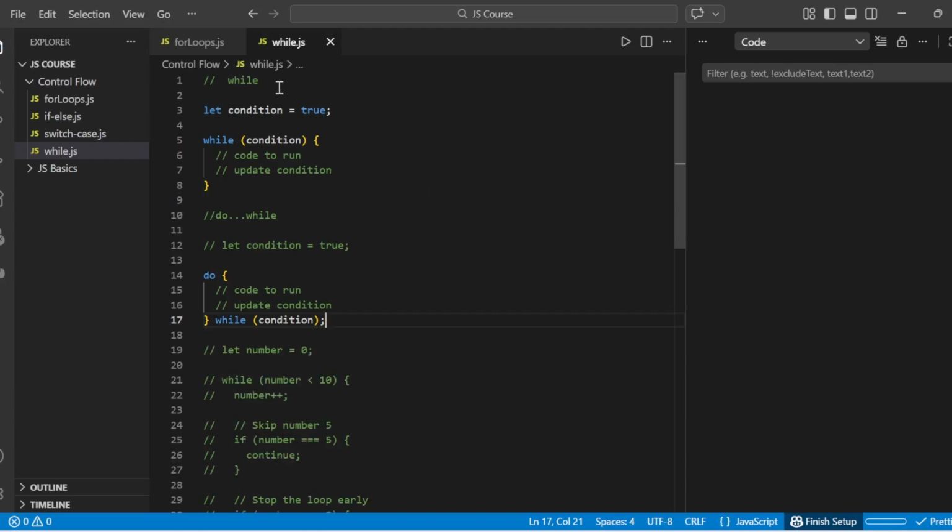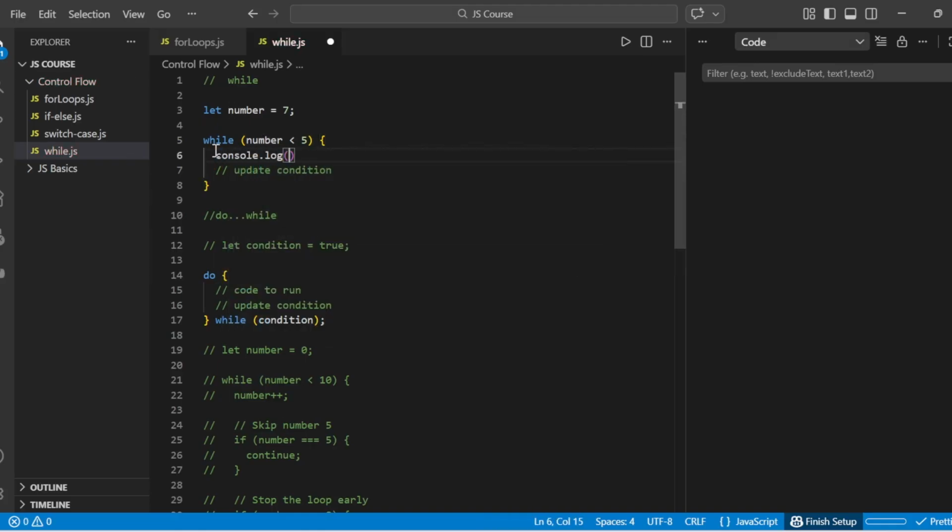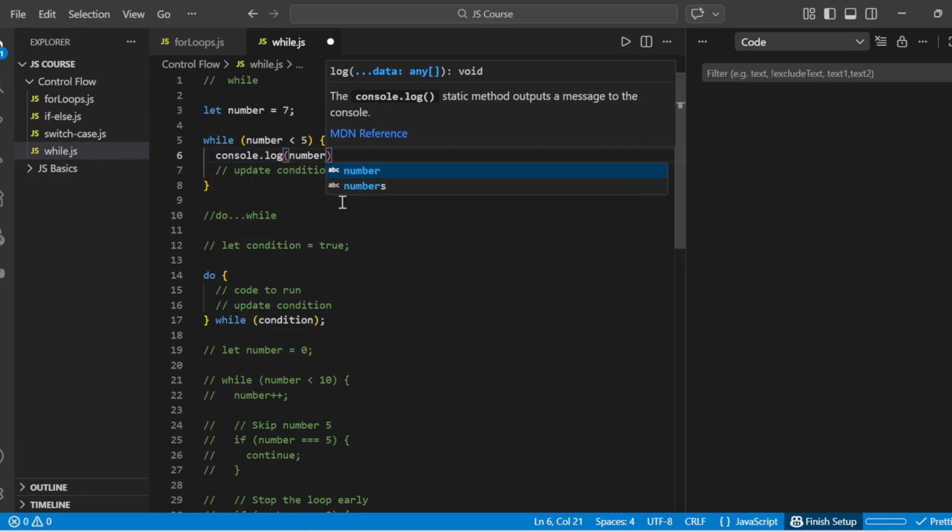So let's take an example here. Yeah, we'll change this. Let's have a variable called number, and its value is 7. And as long as the number is less than 5, the code should run. So what shall we do? We'll just console log number,